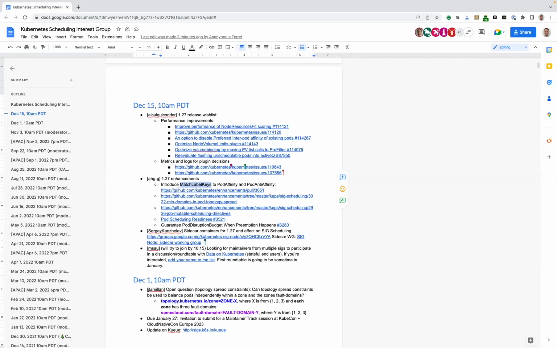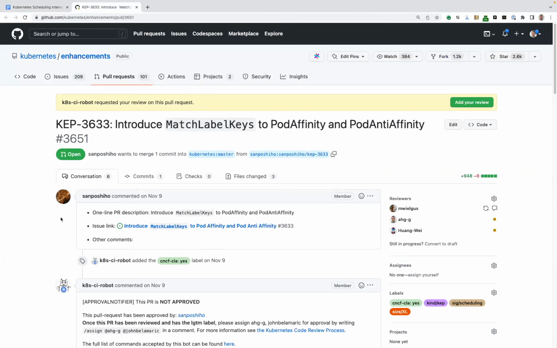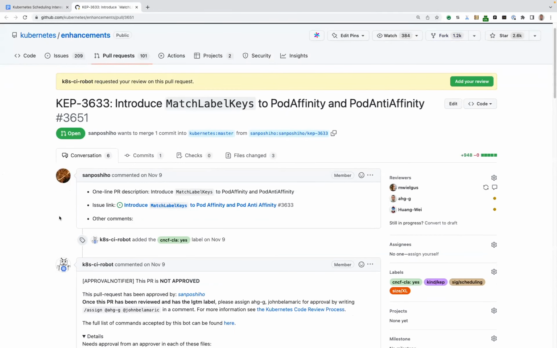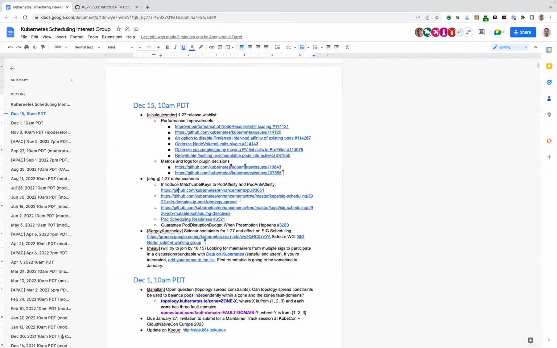So there is a proposal to introduce the same idea to pod affinity and pod anti-affinity. I think it's reasonable, making the APIs symmetric. Although I expect that pod topology spread is the one that will be used more often instead of pod anti-affinity in general. I'm not sure how much usage we have for pod affinity, but it's nice to have. I wouldn't say we should block it. So that's the first one.